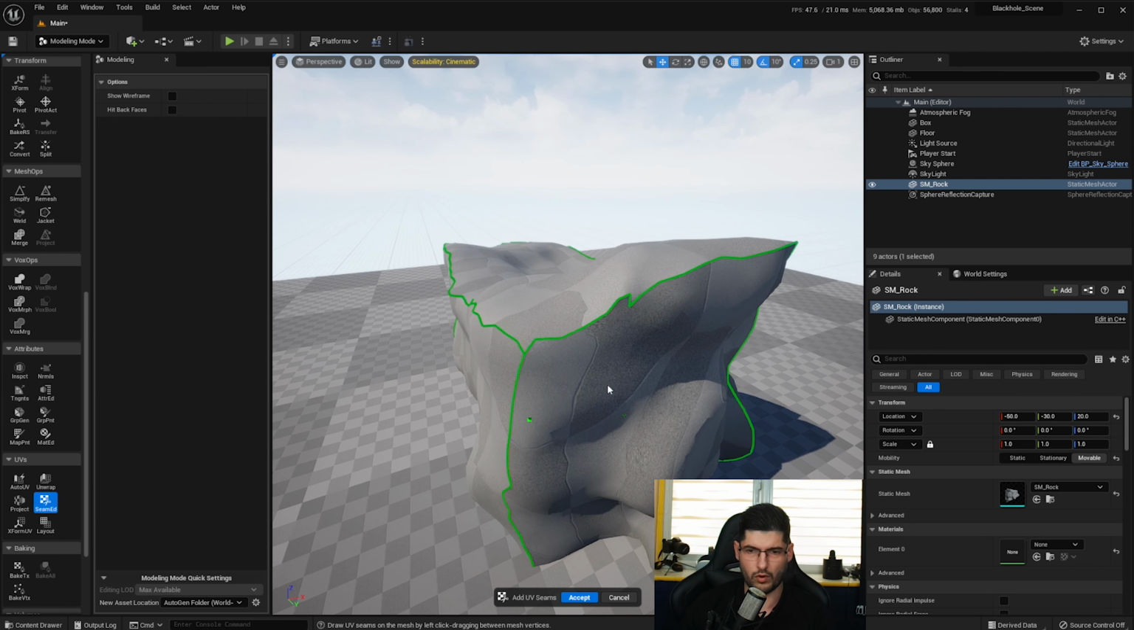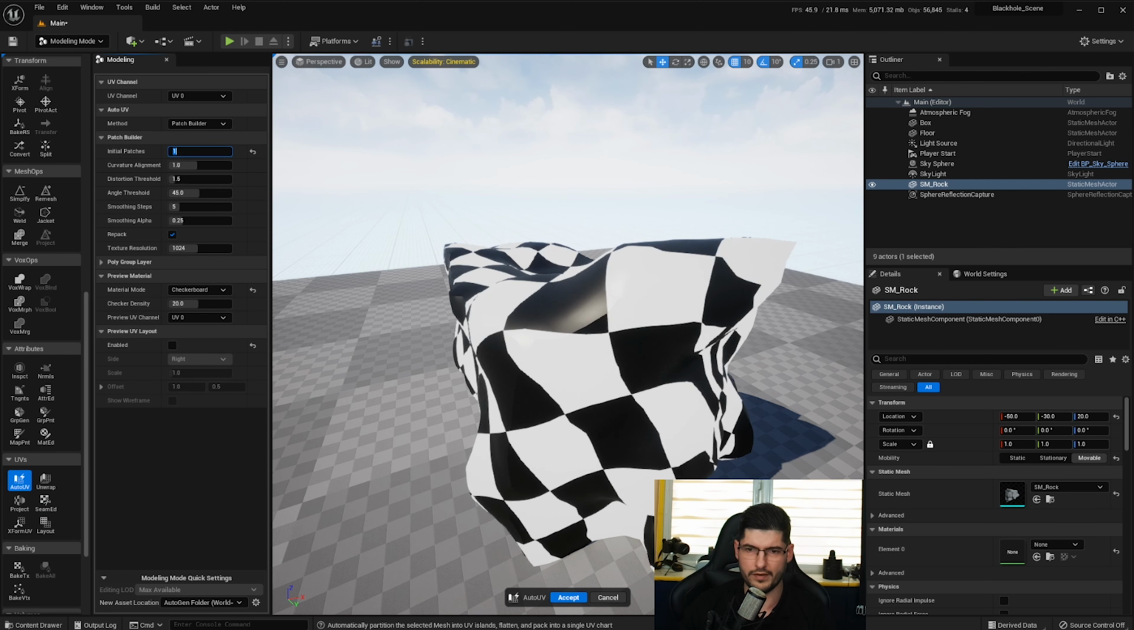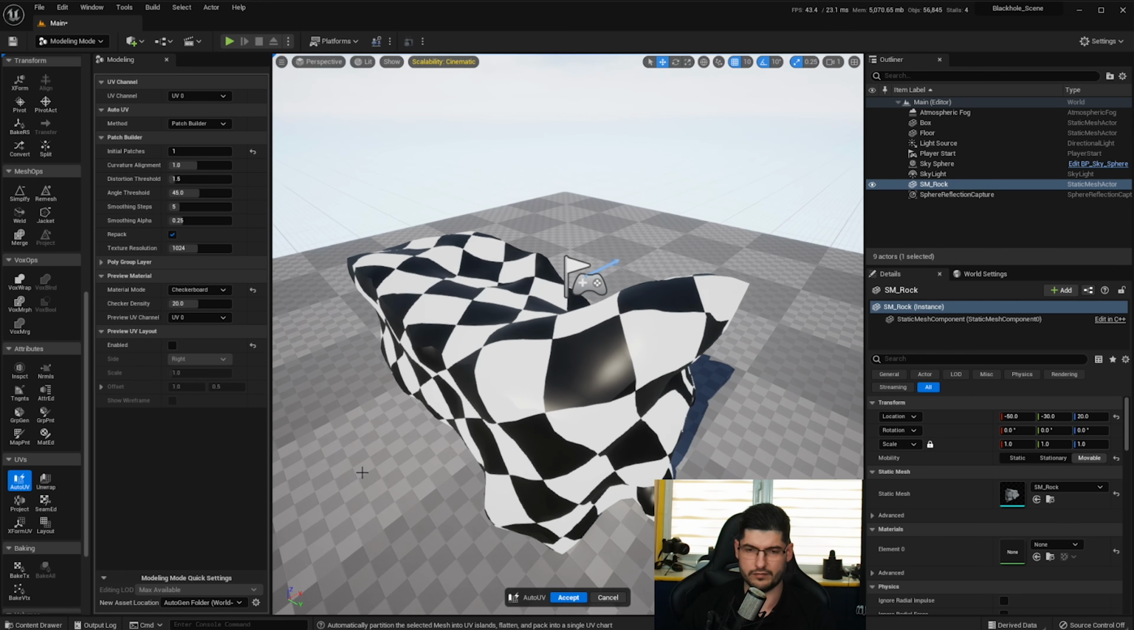Okay, but if you want, you can add new seams. I'm not really sure how you can delete the seams, apart from using auto unwrap and using initial patches of something like 1, and then you accept, and from there you start building new seams. That's how I've done it in the past, but let's just cancel that. What we're going to use is auto